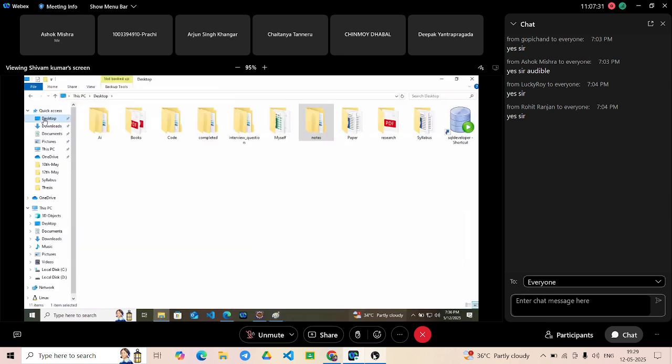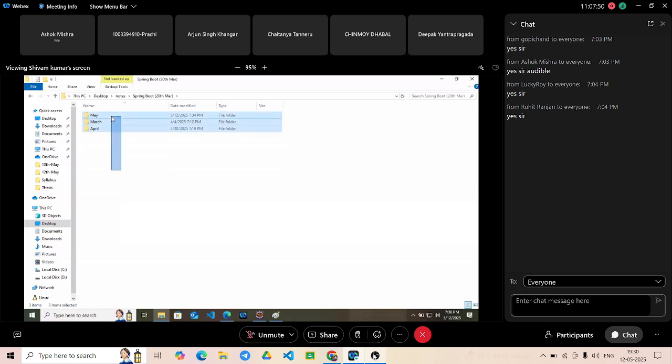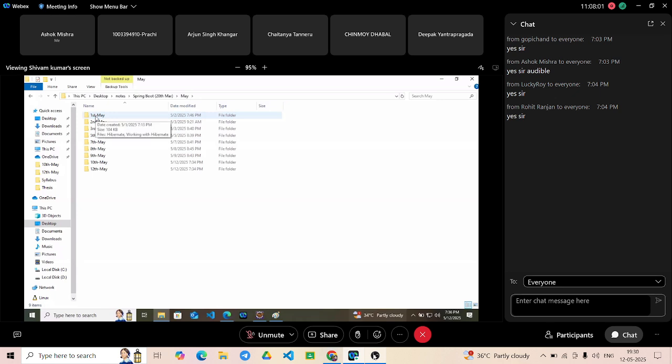Let's say this laptop is used by me for giving trainings. Now everything is utmost organized. If I just want to edit the notes or upload the notes, there is one notes folder which has all the running batches. I will open your batch. Now we have a monthly folder here. I will have an idea that okay, we discussed Spring Boot runner in May. So I will just open May. There we have date wise folders. It will be maintained throughout. The reason is I am not wasting time. Time is money. The same way organizing is